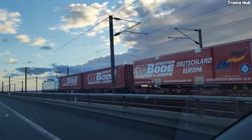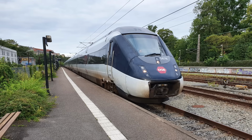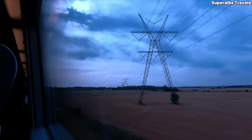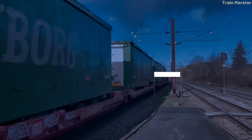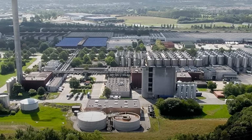significant consequences. At around 7:10 AM on the 2nd of January, a high-speed intercity express train ICL 210 departed Odense headed for Copenhagen. Operated by DSB, the train had 131 passengers and 3 crew. Heading in the opposite direction was a freight service operated by DB Cargo. Loaded with semi-trailers carrying crates of empty Carlsberg beer bottles, it was heading for the Carlsberg Brewery on the Jutland